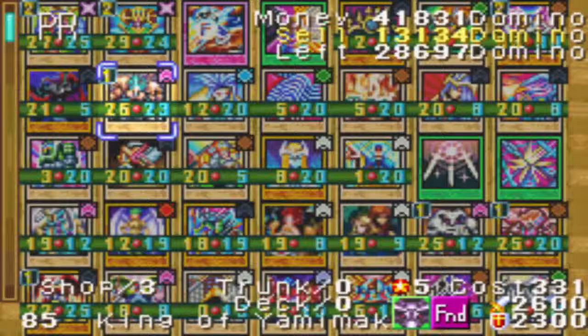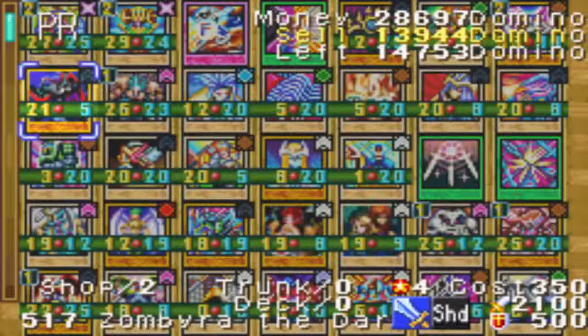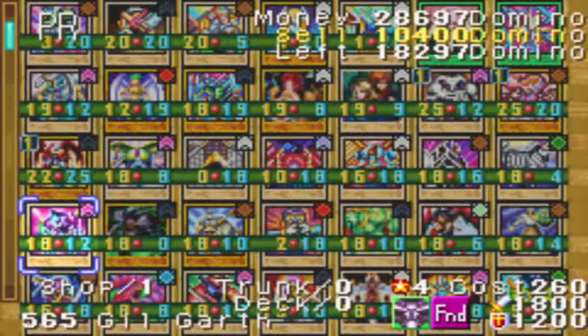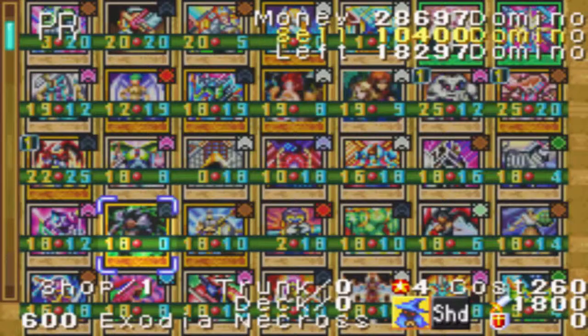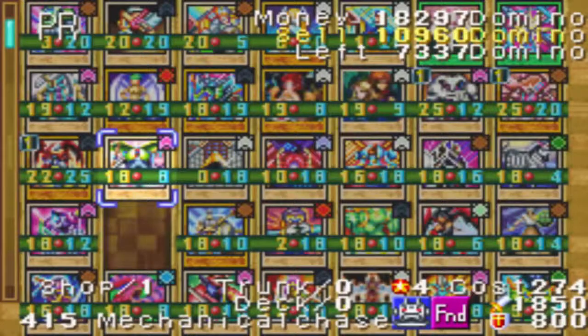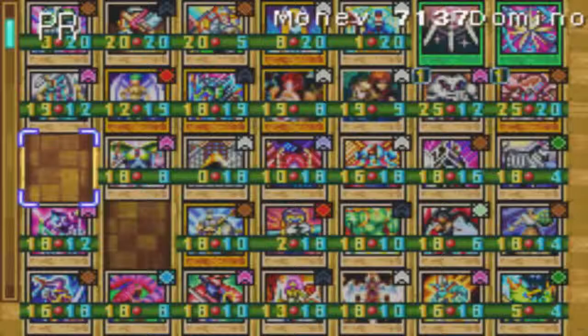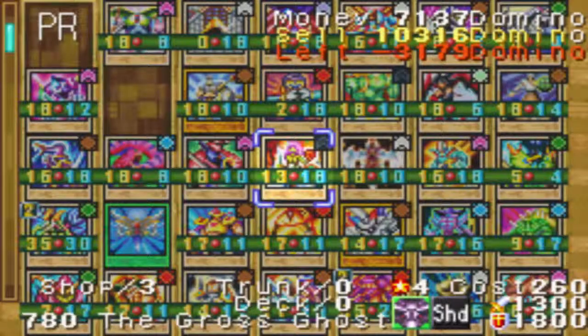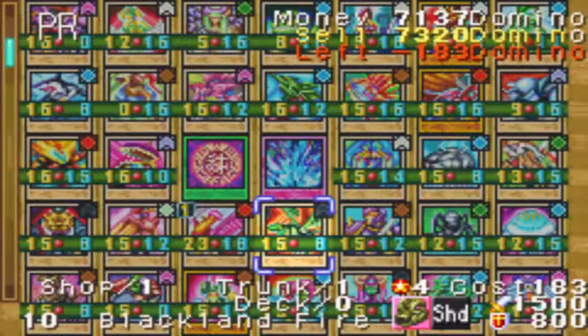Oh, King of Yami Makai. This is a good monster. I know, that's a very, very good one. I think, isn't that the highest single tribute monster? Yeah. I'm gonna buy it. Oh, there's 3 of them in the shop? Wow. That just made them cheaper. That moment. Exodia Necros. Just cause. Beast of Guilford. Okay. Just cause you have the money to burn. Not anymore, but...